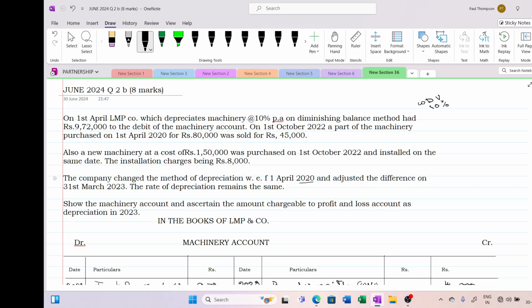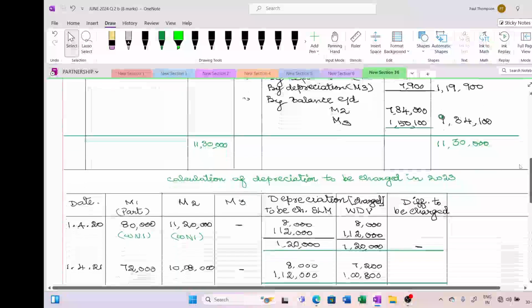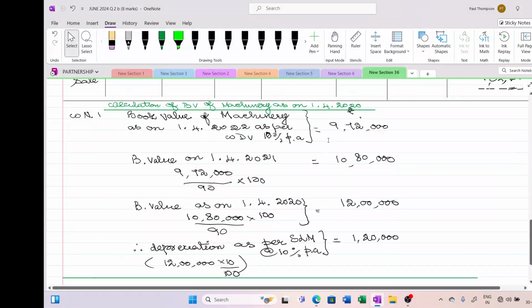So we have to back work the value of the machine because they have given the debit balance as on 1/4/2022 as 9,72,000. See here, this is 9,72,000. For easiness and so that time consumed is lesser, I have worked out everything. So I'll just explain that. So we will go and find out the balance. So book value on 1st April 22 was